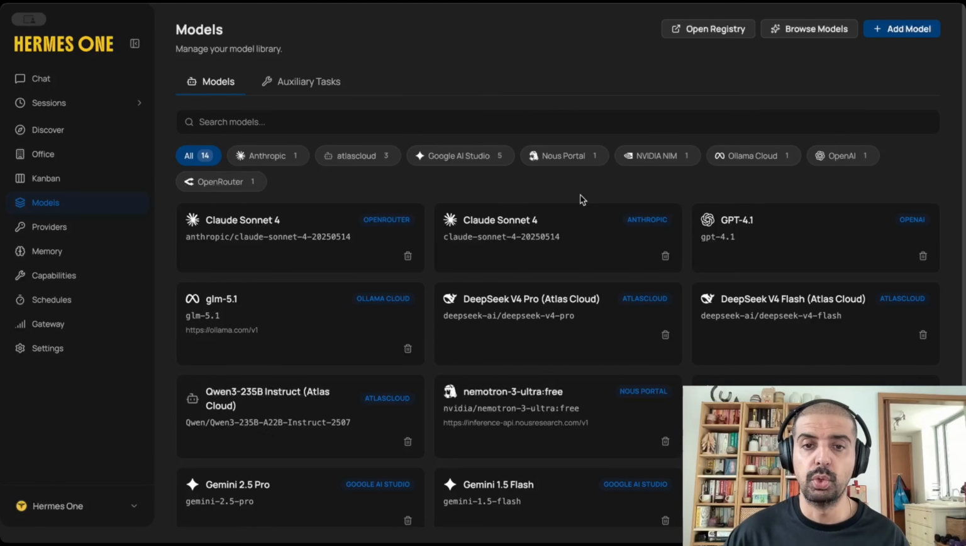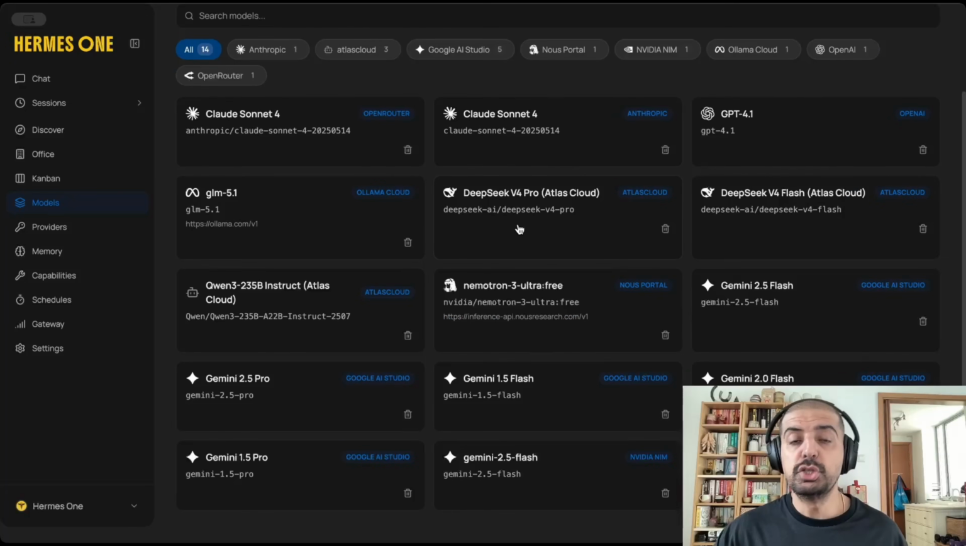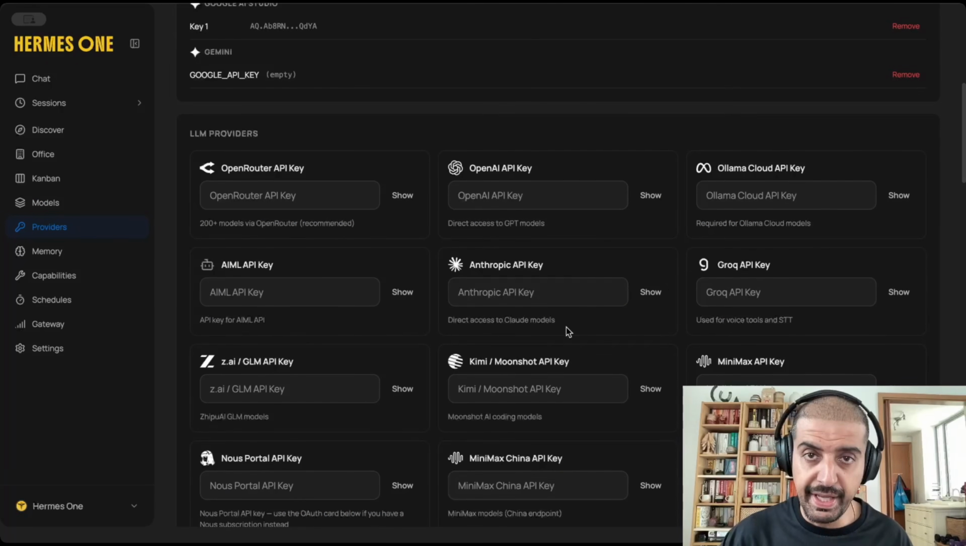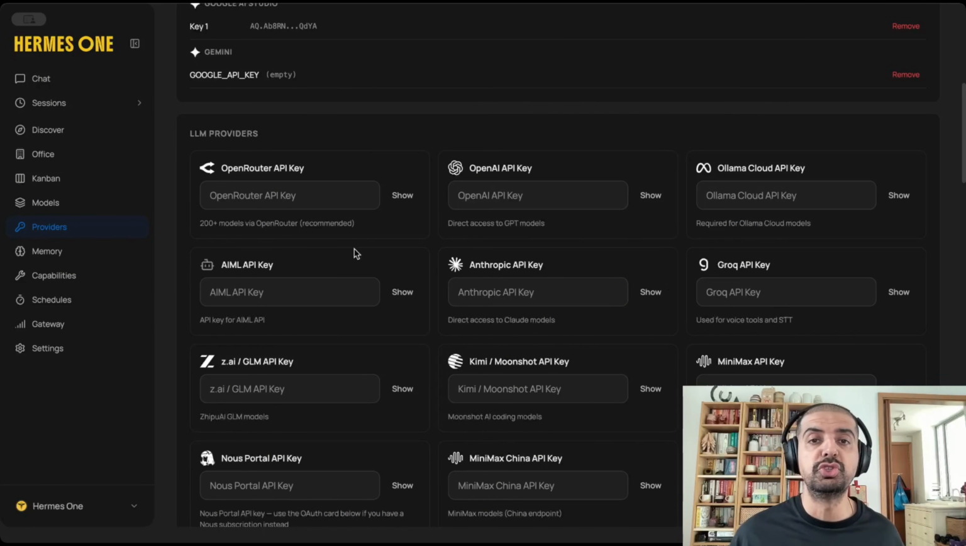and this is where you can add all the models. You can look at what's already inside of Hermes One, and you can play around with it. If there are agents or language models inside of here that you do not want, you can actually delete it with the trash can icon. The next place you want to go to is providers. This is where you are going to add the